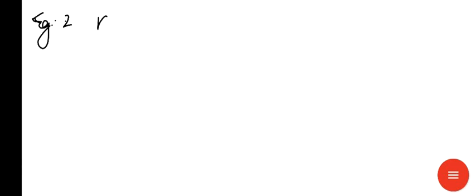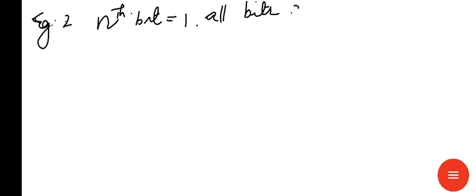nth bit is equal to 1, all other bits are 0, that is LSB equal to 1, that is the condition is 0 0 1. So the circuit is